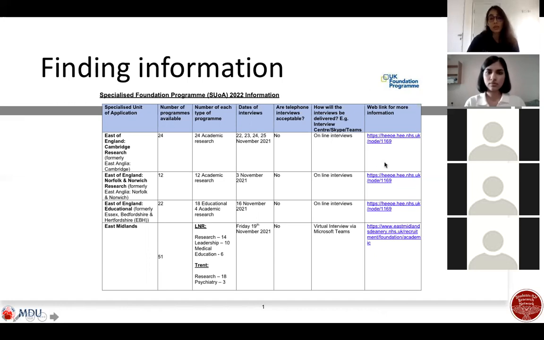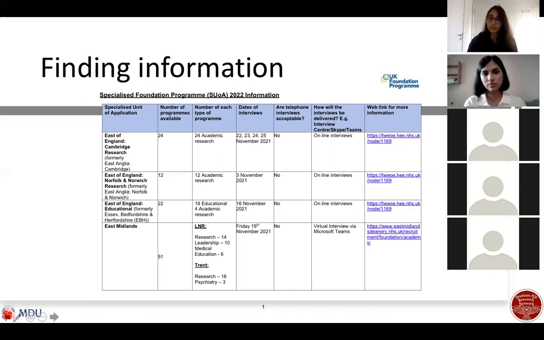The web links for each of these units of application are provided, and those will be really useful when you're writing your questions as well as when you're preparing for your interviews. For example, last year, some people took the initiative and researched not only the program they like, but potential supervisors and emailed them. That's something they spoke about in the interview, which showed that they were pretty proactive and really interested in the program.